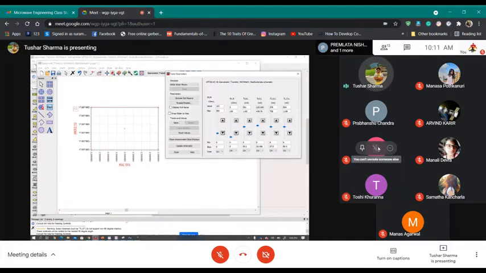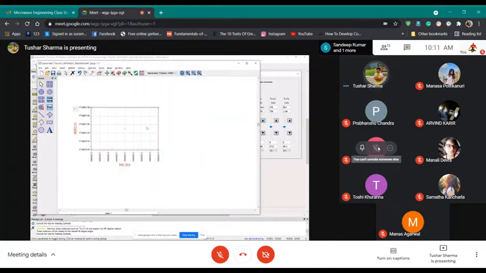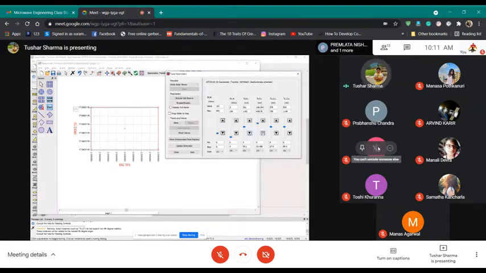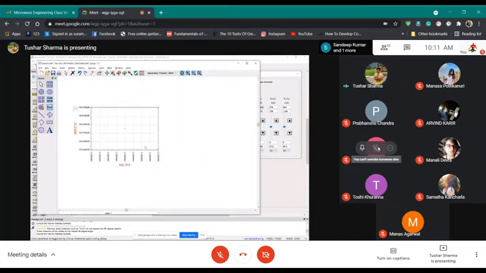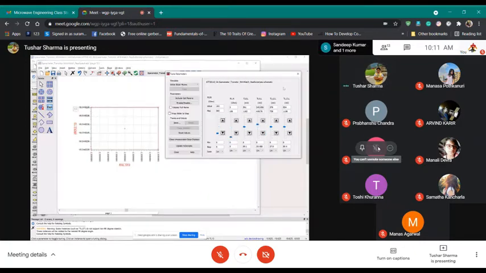So basically what you can do is play around, tune the values and see if you can improve your results. But it won't be the same as what you were getting in the ideal case. It might improve a little bit, but not much. See, it's now 18. What is happening is that when you take substrate losses into account and convert the ideal match into a more realistic match, your impedance location might have shifted a bit.